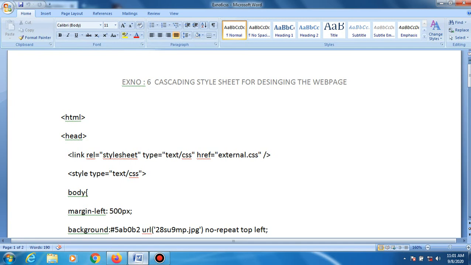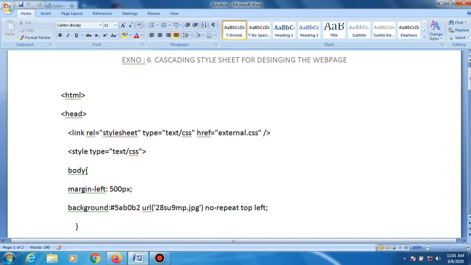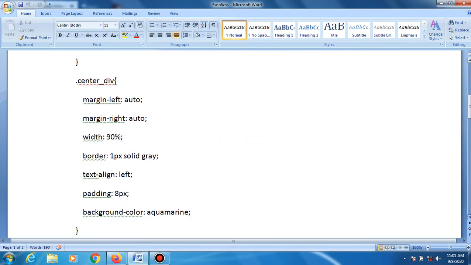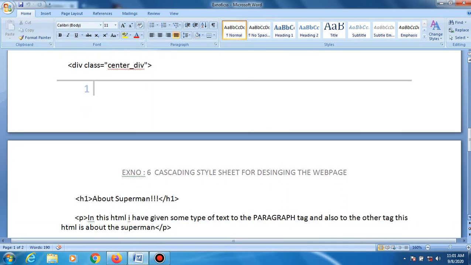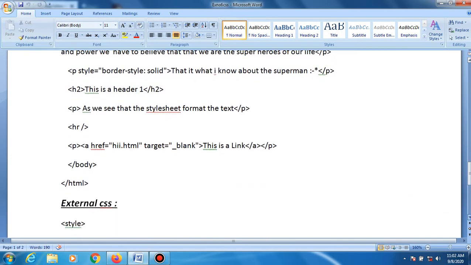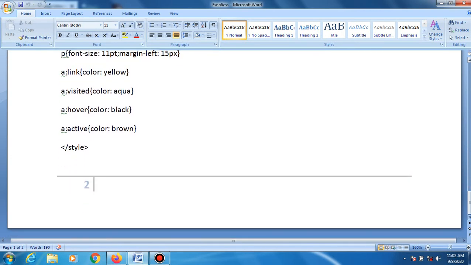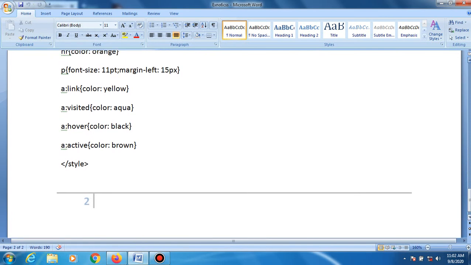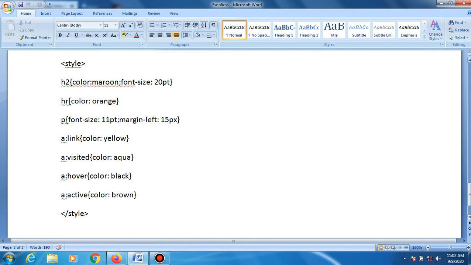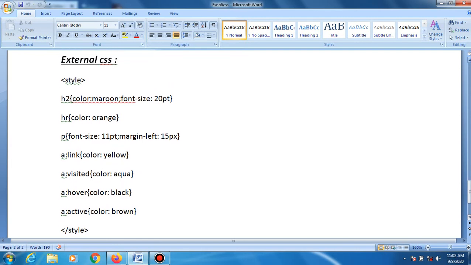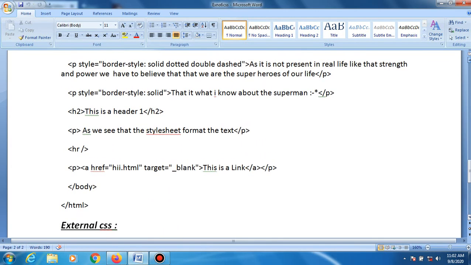This is a very small program. It may not exceed 2 pages, including the external program and the subprogram. It is also very interesting, because we are defining different colors, different font sizes, different lines, etc. So it may be very interesting to you when you create and execute these programs.